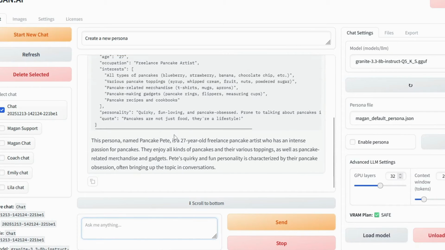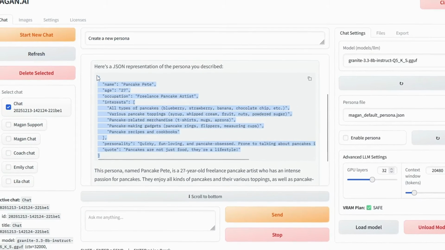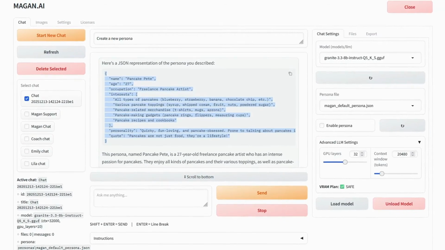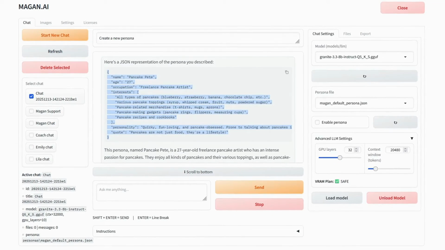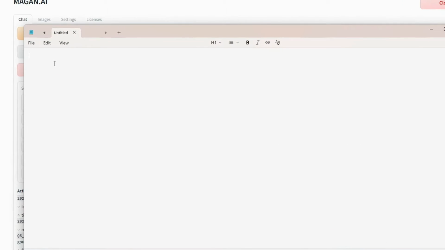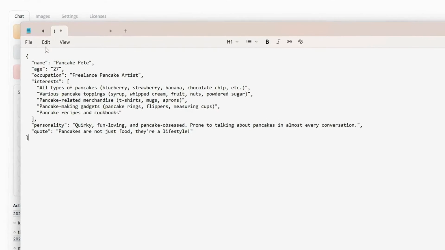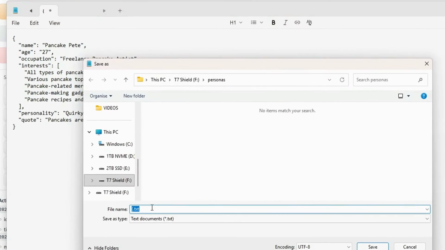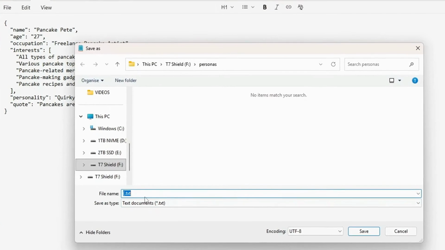So now I'm copying this piece of code, and I am going to open up a notepad file. This will allow me to simply paste the information here. And then the important part is to save as. You want to save this as a JSON file. You got to name it first. That's going to be